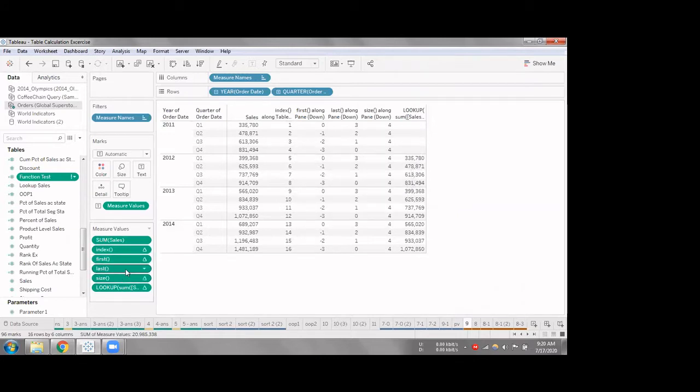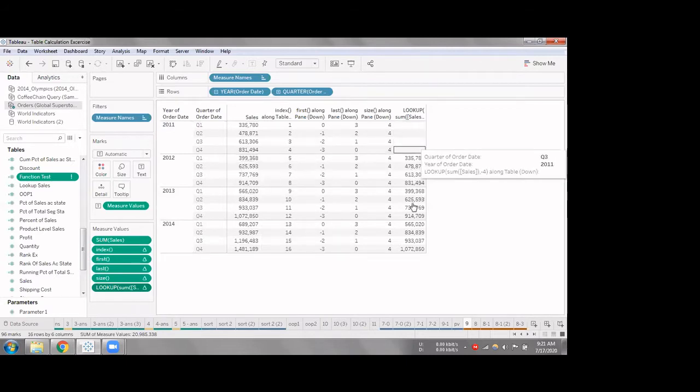Similarly, last function will give us the distance to the last row, and the size will give us the number of rows in the given scope. And we also saw the lookup function, which takes two parameters. One is the column, which is basically the expression which you want to look into, and the offset. So by what offset you want to get the value.